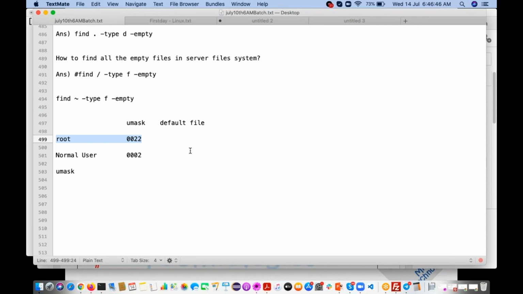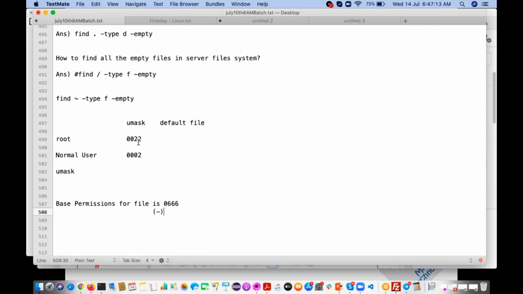Vijay is saying 644. On what basis are you saying? I will show you. See, the base permission for a file is 0666. From that base permission, you have to subtract the umask value.